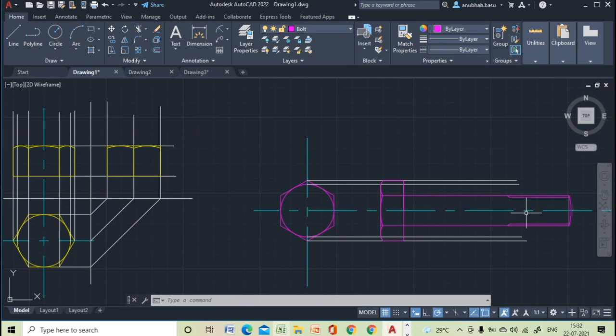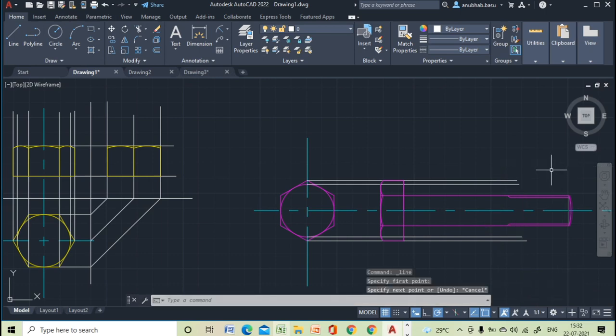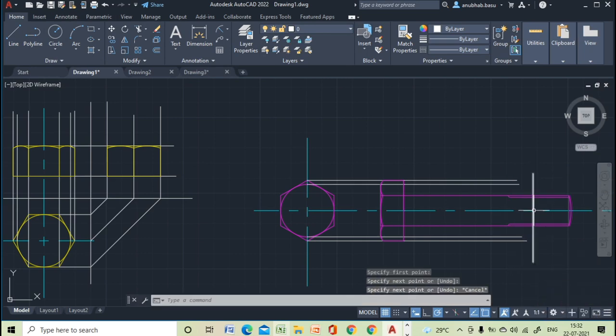Now suppose at this location, say I'm locating one position where I want to move my object. So say this is the location. Okay, at this point we want to move our nut. Now to move the nut, what we'll do, at first we will select the front view.